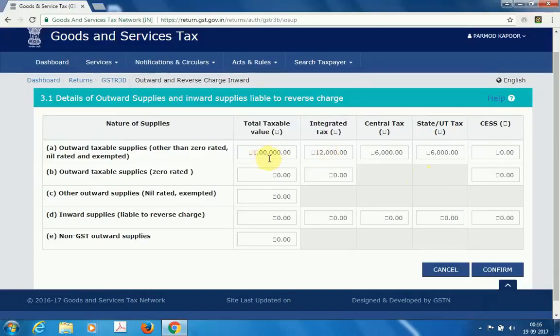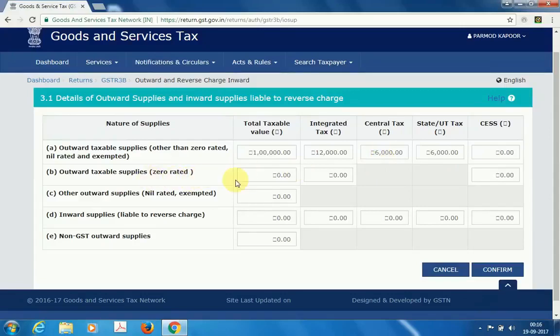Friends, as you can see, I punched the total taxable value, but there was no auto feeding of IGST, CGST and SGST. The reason being, in case of GSTR 1 and 2, we were feeding respective invoices. We were mentioning the GSTIN of a particular SSC. That's why the system was taking values automatically. But here we have accumulated our value of interstate sale and intrastate sale. That's why we will have to fill in the required values. In our case, it's 1 lakh taxable value, and IGST 12,000, CGST 6,000, SGST 6,000.